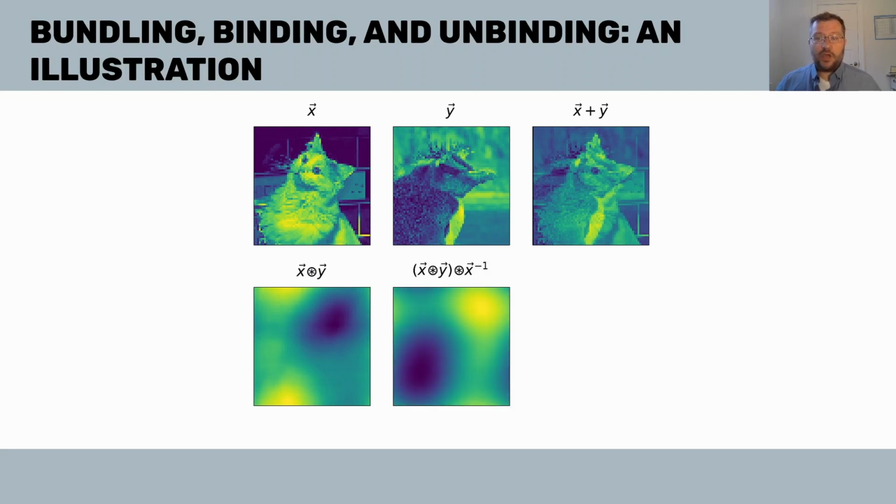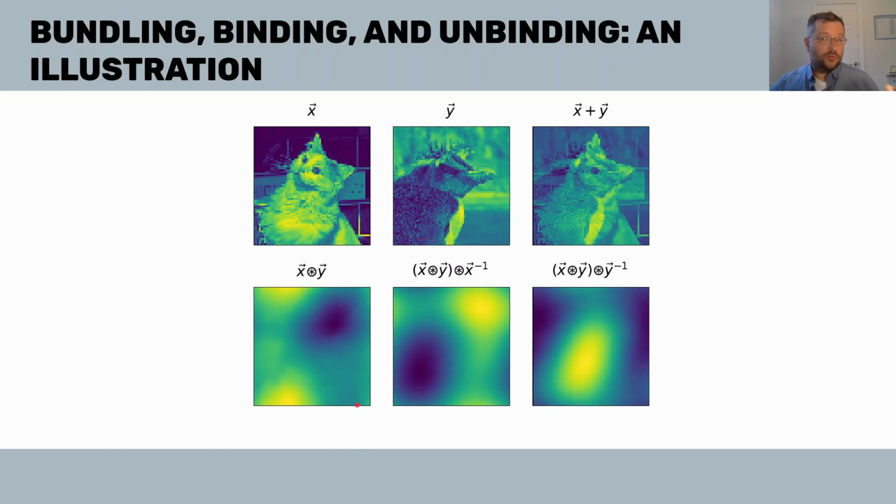For example, we unbind the cat and we get back something that looks maybe like a very blurry version of the penguin, in as much as there's this large black blob here that roughly corresponds to where the body of the penguin is. Likewise, if we unbind the penguin, we get back a white blob, roughly where the body of the cat is in its original picture. Obviously, this is not a perfect reconstruction of the images that went into the binding process,